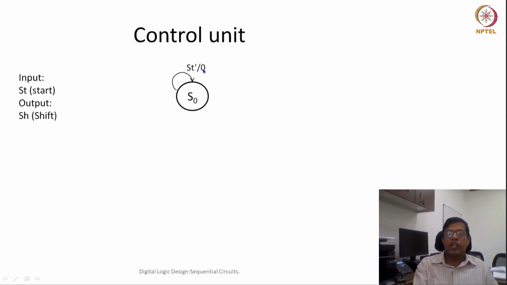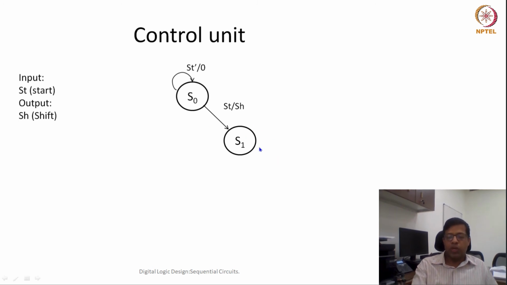And 0 here, 0 as output, means that shift is 0. So that means no shifting would happen if there is no start. So my A and B, whatever operands are there in the register, will remain there. They won't be shifted. Now, as soon as start would be 1, then I would shift and will go to